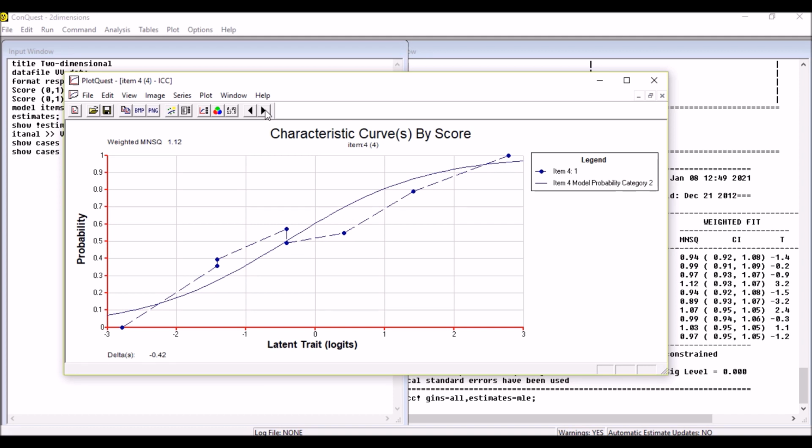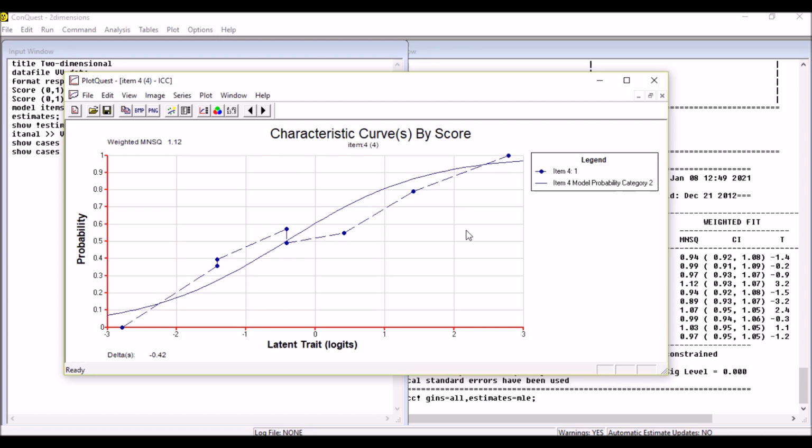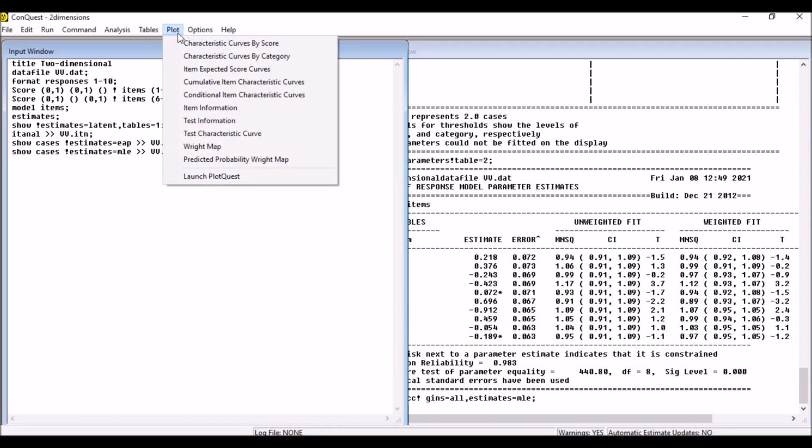So I'm going to quickly go through the items and pay attention to this point, and see how the discrimination or the intercept changes as we go through the items. As you can see, different intercepts for different items. That's one of the things we need to take into account. Okay, I'm going to close this. I'm going to go back to plots and